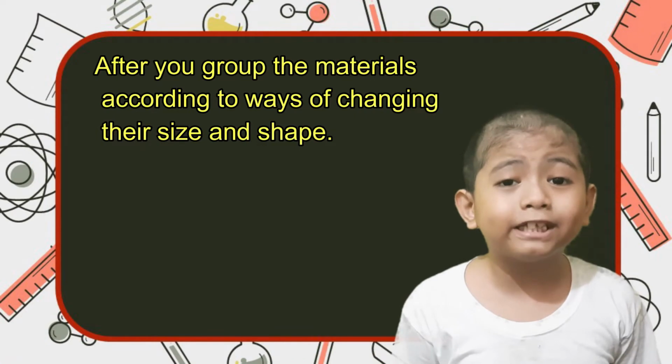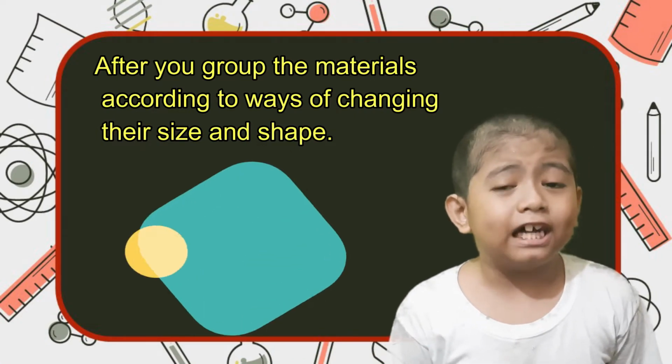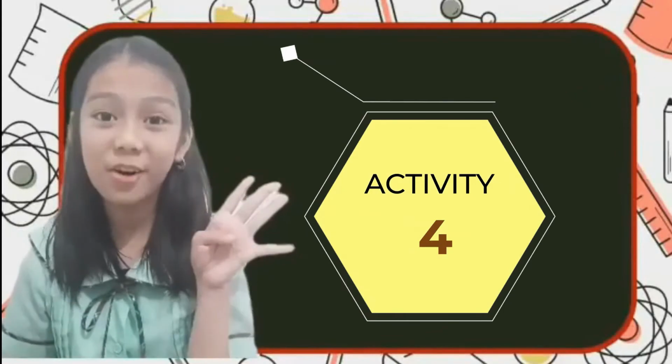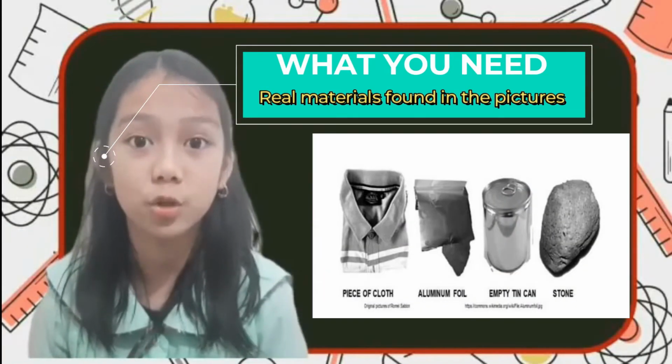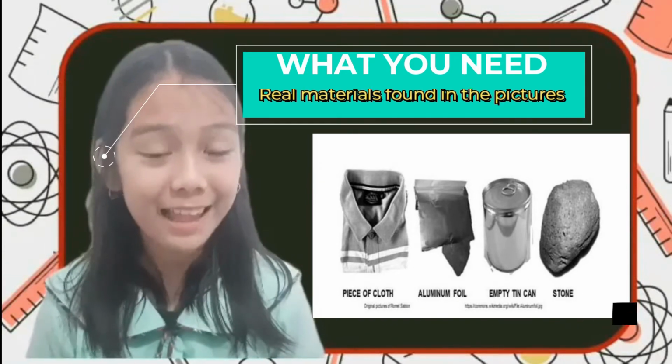After you group the materials according to ways of changing their size and shape, congratulations! Now you can move to the next activity. Activity 4. What you need: real materials found in the pictures, piece of cloth, aluminum foil, empty tin can, and